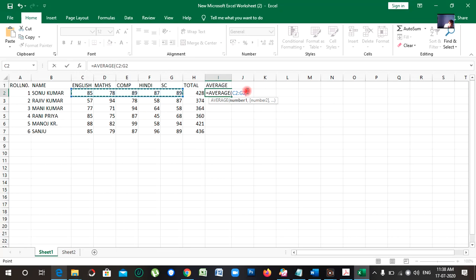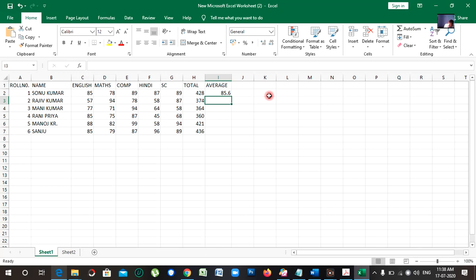Now we are going to press enter. 85.86, it's the average. Average means we can select the range, how many cells there are, and just grab it. Now see, all the averages are showing over here.